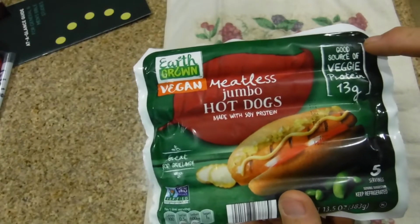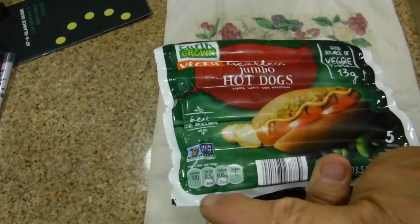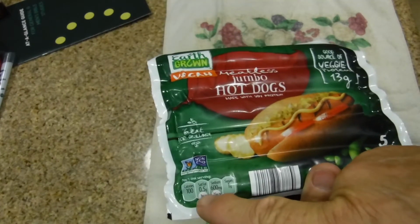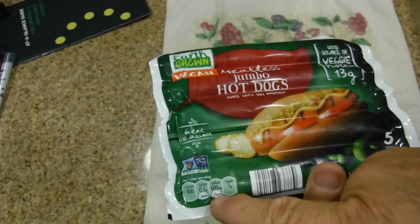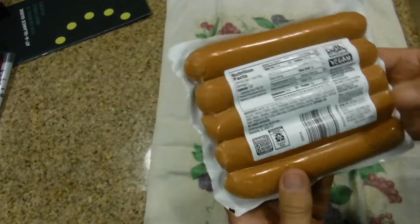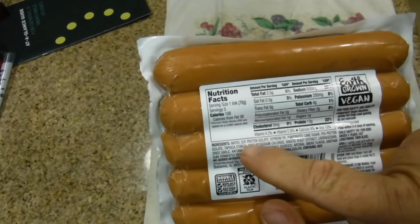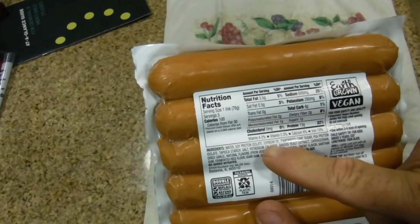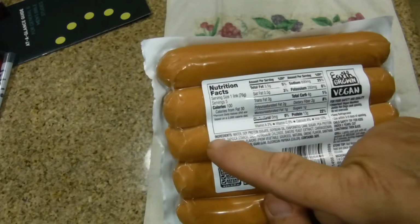It says a good source of protein, 13 grams of protein. It's 100 calories, 0.5 from saturated fat, 600 milligrams of sodium, that's a lot, and 1 gram of sugar. So on here it says it's made with water, soy protein isolate, soybean oil, evaporated cane sugar, pea protein isolate,